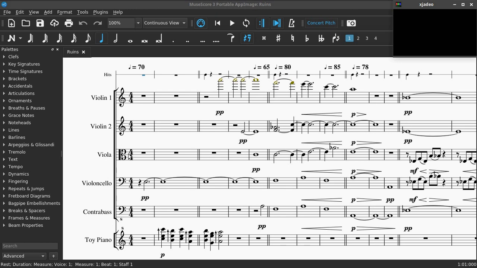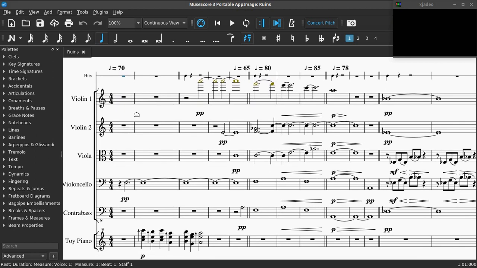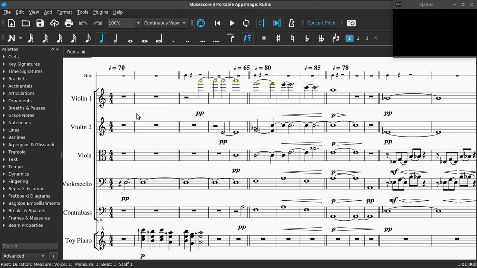So first of all, let me explain how this works in terms of syncing to picture. As I said, it is an accurate master-to-slave relationship, and that's important, that whenever we're playing back from the score, we are accurately presenting the appropriate portion of video that we want to. Knowing that, we can actually create our tempo map in here